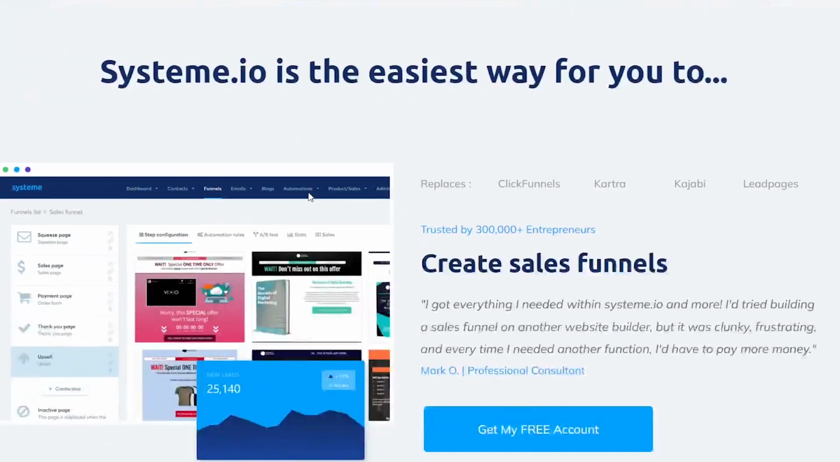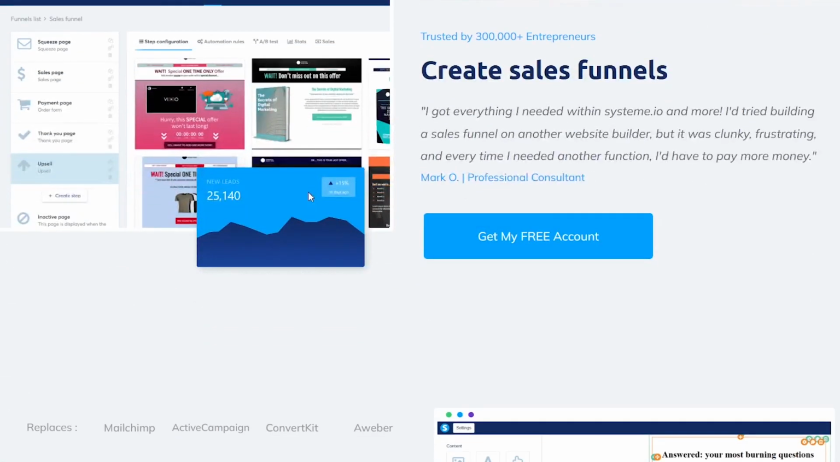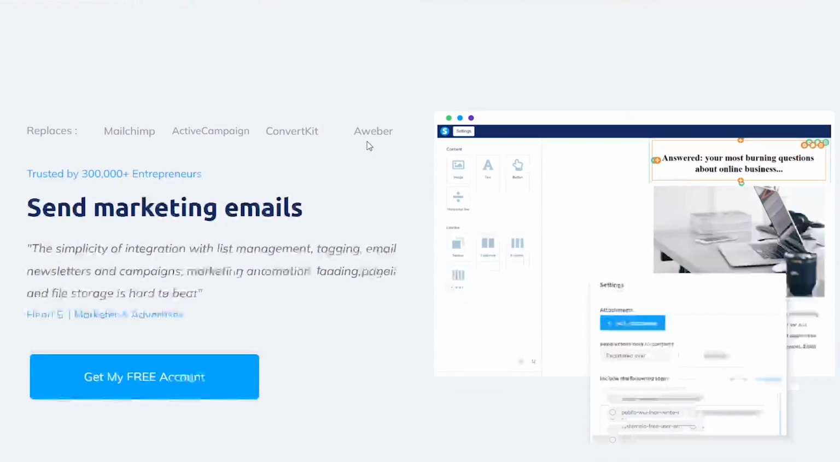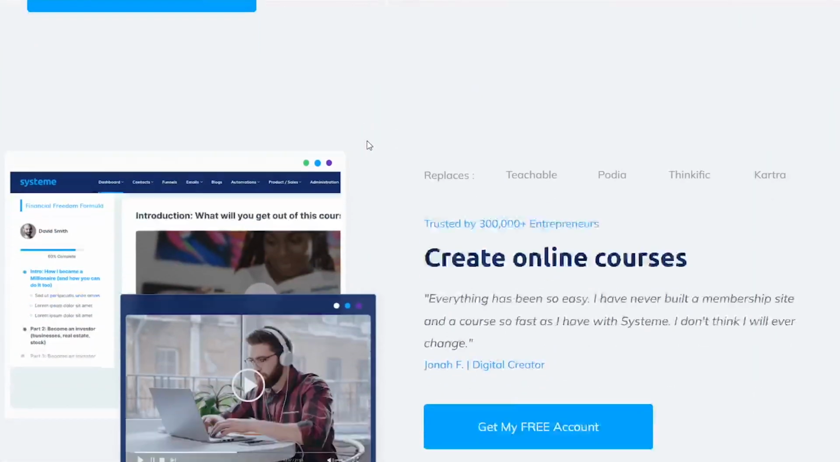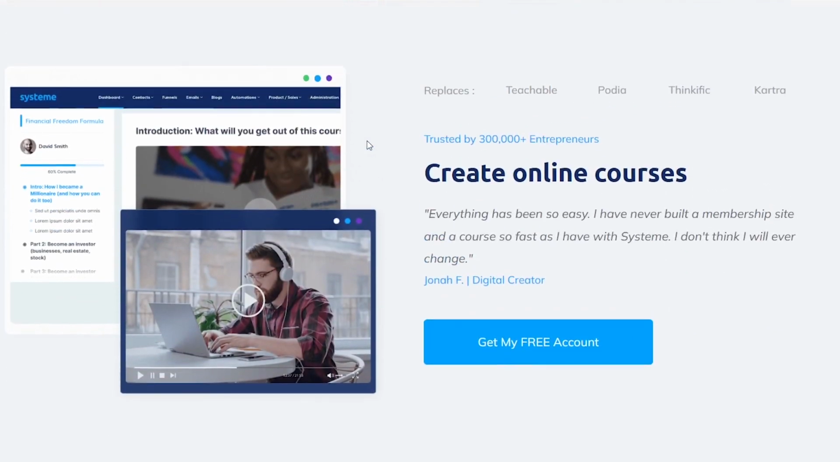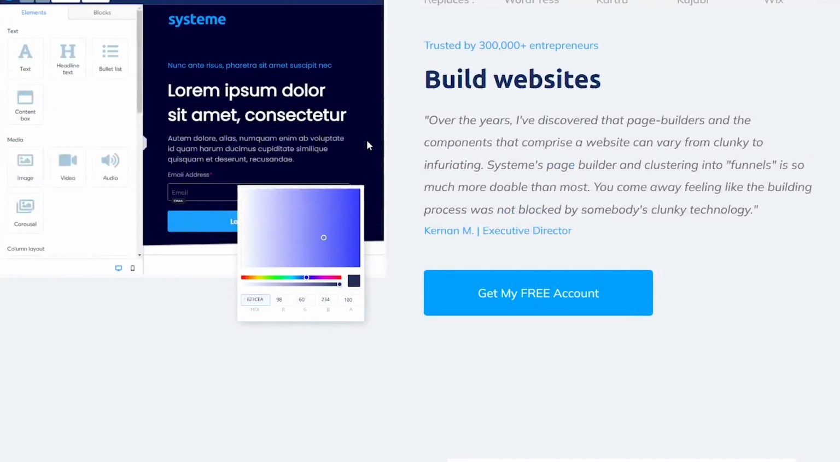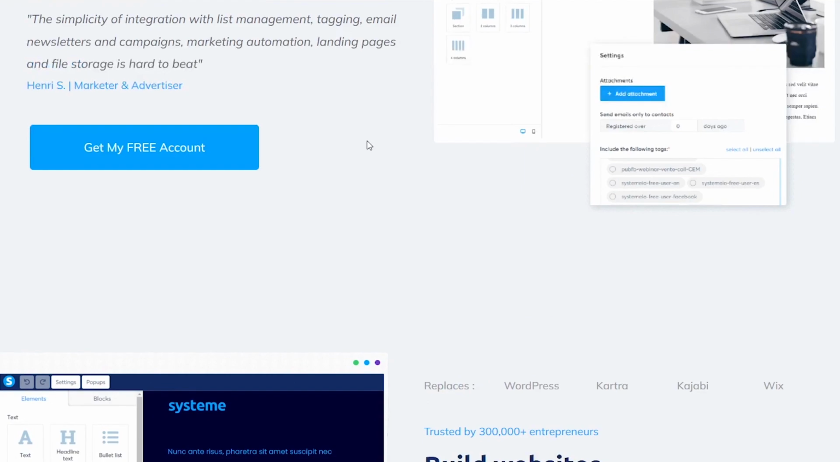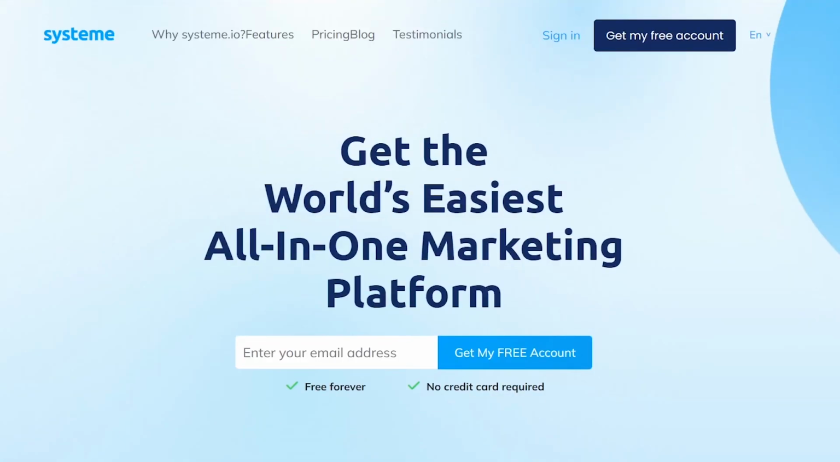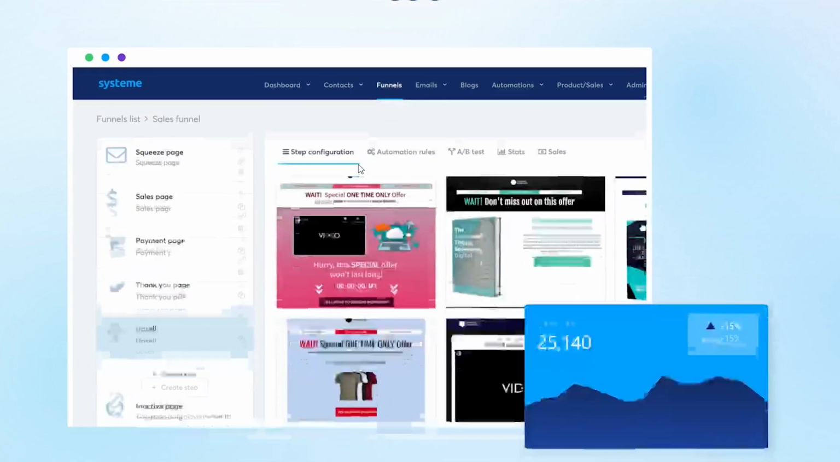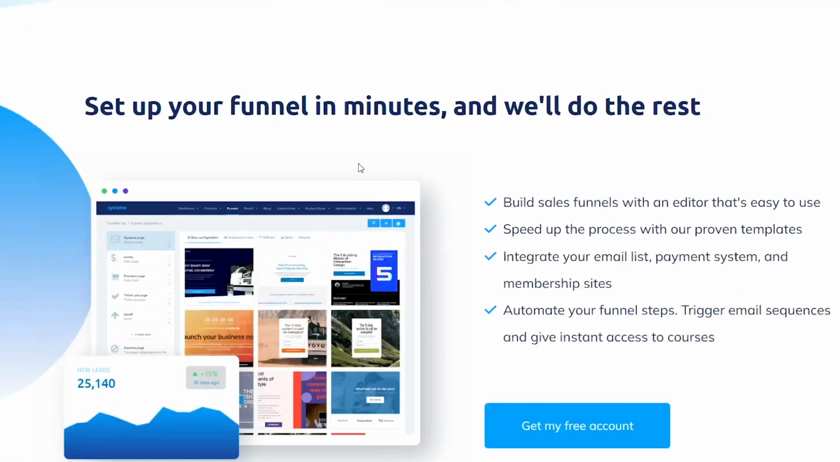This all-in-one marketing platform is designed to streamline your online business with features such as email marketing, sales automation, membership sites, and affiliate management. Systeme IO boasts a user-friendly interface and a robust set of tools for building and scaling your online business. From creating opt-in forms to launching automated email sequences, Systeme IO offers everything you need to succeed